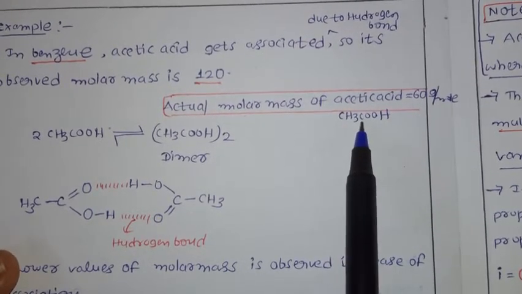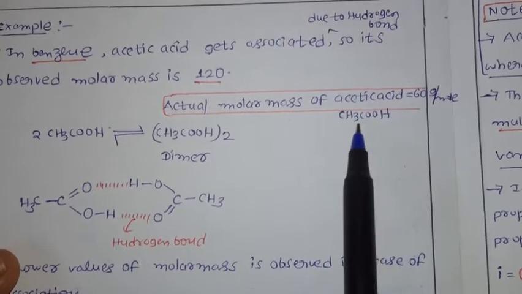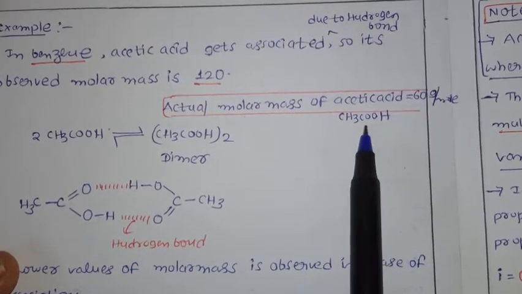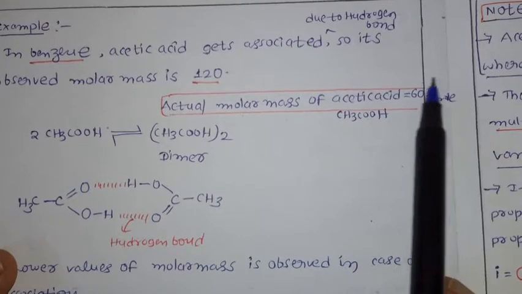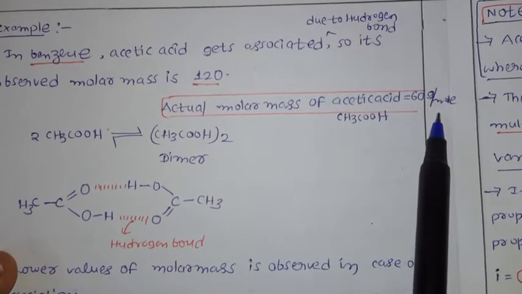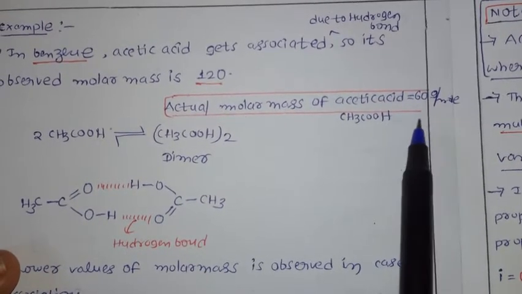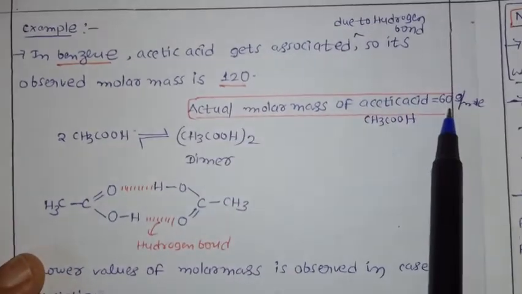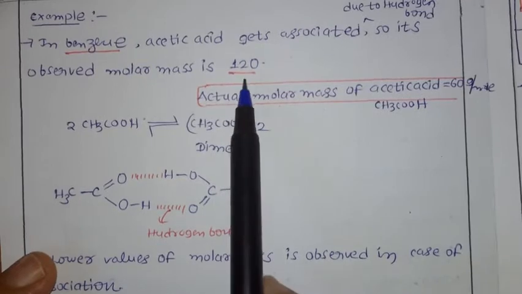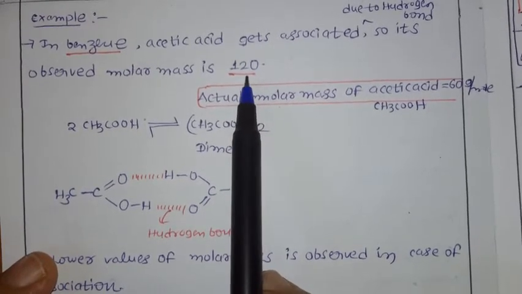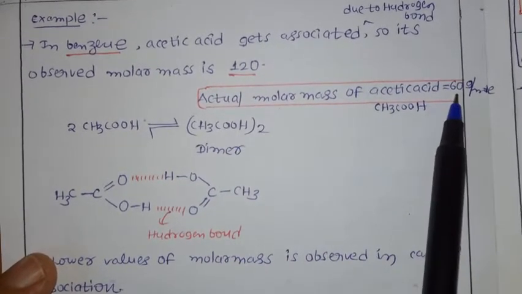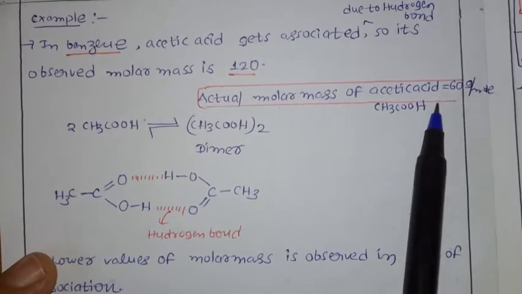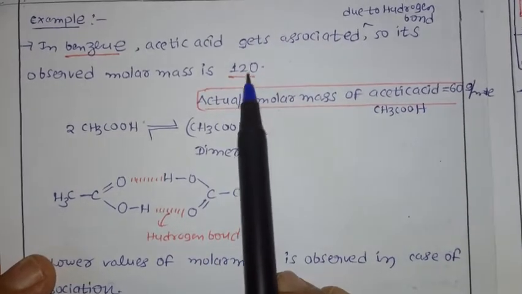the count, for example, 2 carbon atoms, 2 into 12, 4 hydrogen atoms, 4 into 1, and oxygen 32. So how much are you getting? 60 grams per mole. But actually what happened, when you add it in benzene, instead of 60 grams you observe 120. This is called abnormal. Normally we should observe 60 grams, but abnormally we got 120